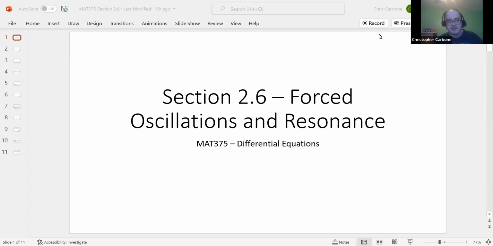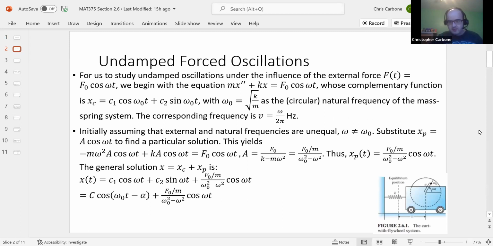Hello class, our next lesson is on section 2.6, which is forced oscillations and resonance. So this uses undamped forced oscillations. For us to study those undamped oscillations under the influence of the external force, f of t is equal to f sub 0 times the cosine